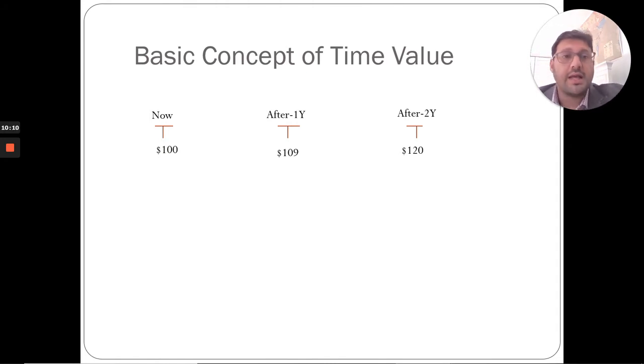Only in that case will we be able to make sound financial decisions, because it is unfair to compare investment option 1, where there is no interest added, with investment alternative 2, 109, where some element of interest is